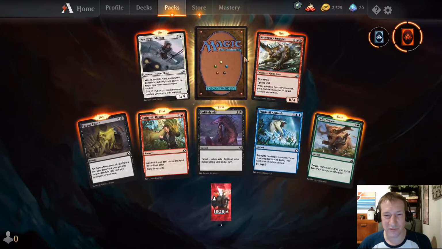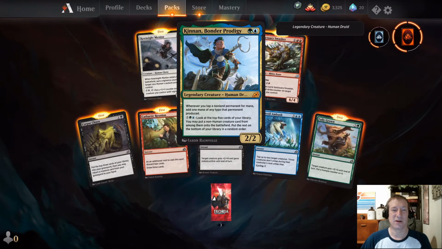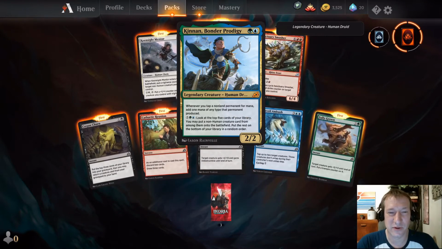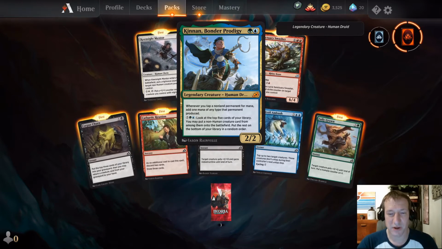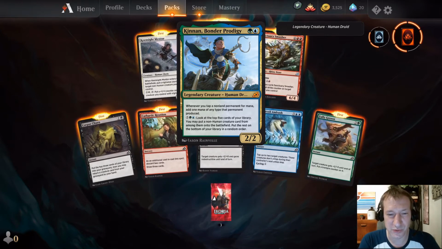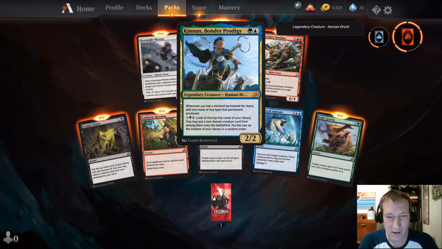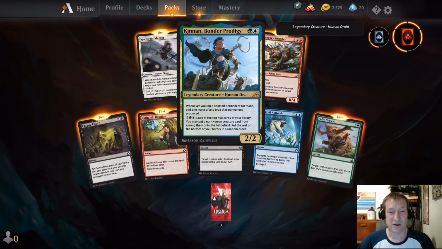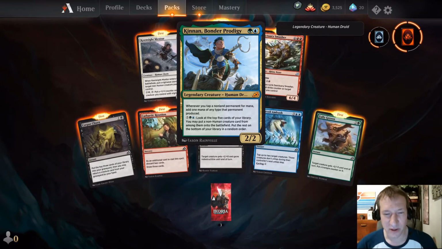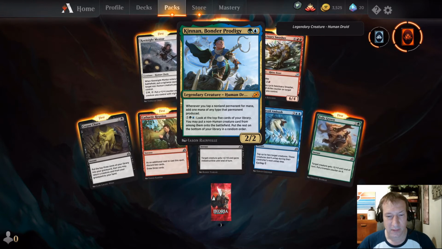Let's see what we've got here. There we are. A mythic. Our first Kinan Bonder Prodigy. For 2 mana, green blue, we have a 2/2 body legendary creature. Doubles your mana or adds 1 additional mana of any type that permanent produced. You can tap non-land permanents for mana. Ooh,